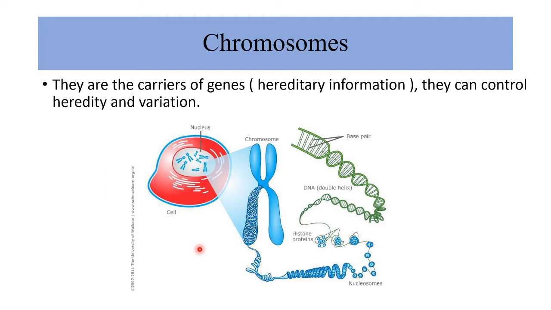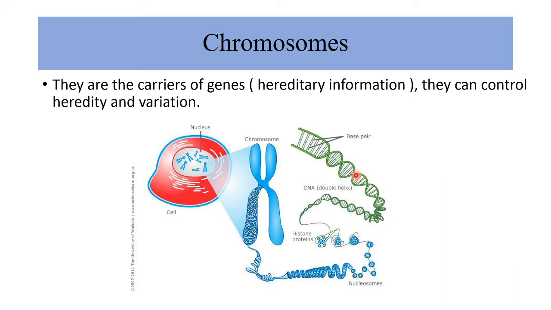And what are genes? Genes, it's a specific part of DNA molecule that carries a specific information for one specific protein. So this is the DNA molecule, and gene is a specific part or segment of this DNA molecule that carries the specific information for one specific protein. So we have numerous number of genes which code for our different characters. So genes are the basic unit of heredity, and the genes of an individual are determined by their parents.